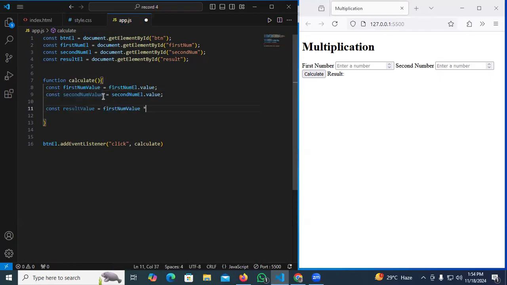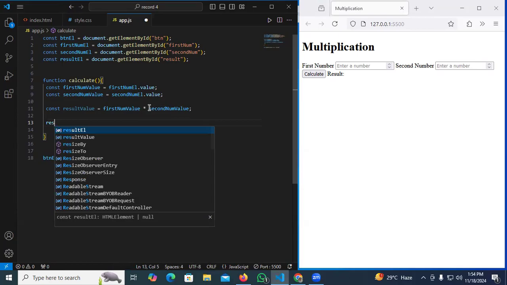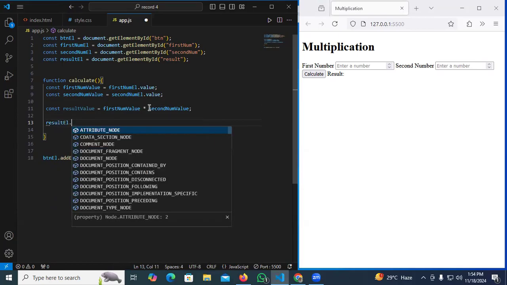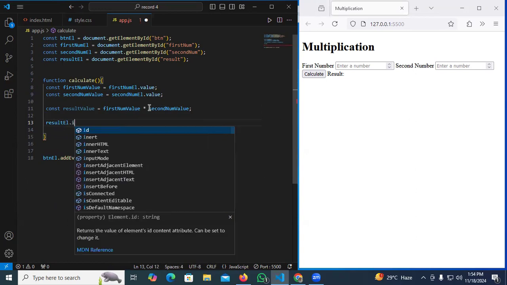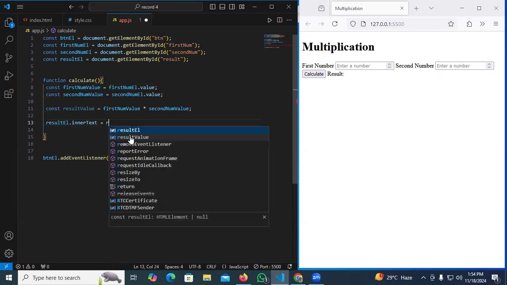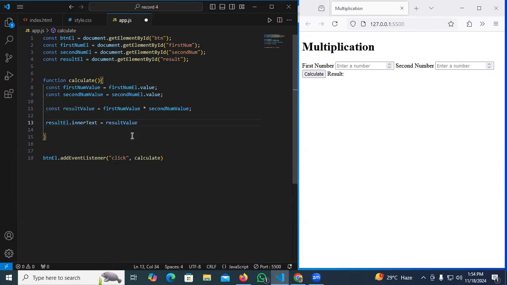We have to multiply these two. Control C, Control V, and post the result value to the resultEle. To post this in the HTML, we have to write the innerText, which will be equal to resultValue,